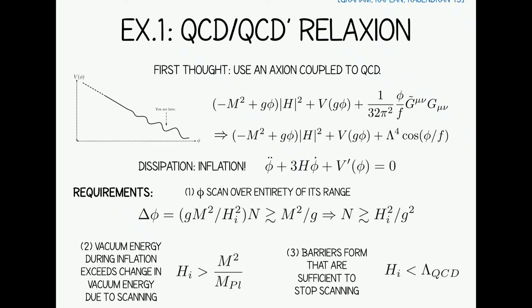Okay. Now, there's a problem with this picture, right, which is, you already know this even before you learn quantum field theory, you just learn classical field theory, right? Or really, even if you just learn classical mechanics, right? If you have a ball rolling down some slope, and it hits some little bumps, it does not care that there are bumps there, right? It has, if it's been rolling down that slope, say, under some gravitational potential for a long time, right, it's been accelerating, it has some enormous velocity,